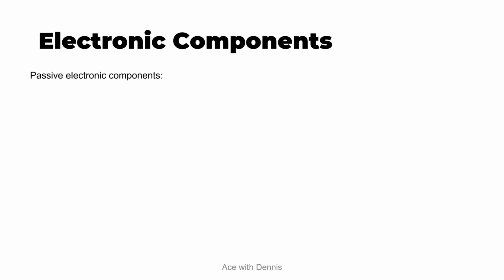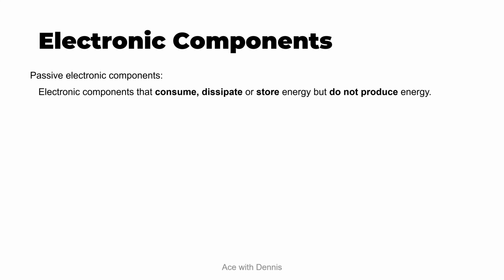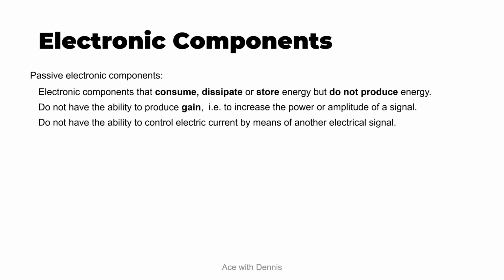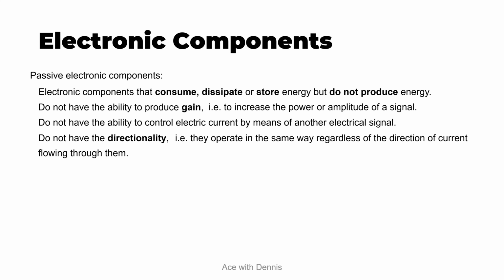So what is passive electronic components? Passive electronic components are electronic components that consume, dissipate, or store energy but do not produce energy. They do not have the ability to produce gain, which means to increase the power or amplitude of a signal. They do not have the ability to control electronic current by means of another electrical signal. They do not have directionality, that is, they operate in the same way regardless of the direction of the